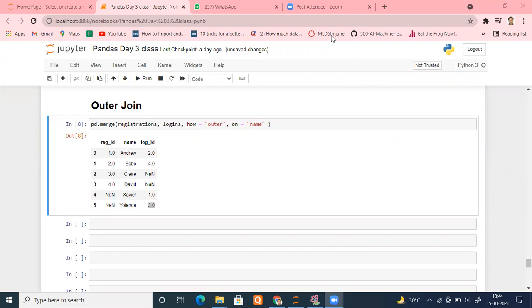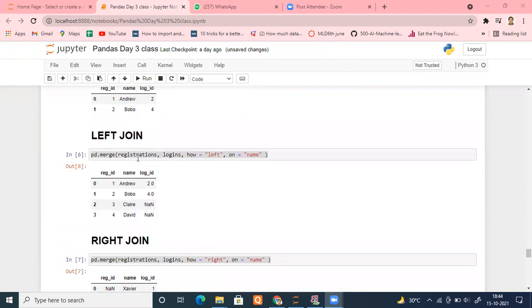For example, you want the data of 100%, you want the data of this table, left registration table. Then if you're using left join, put it on the left hand side. It is guaranteed that you will get all the entries corresponding to the left data frame for sure. And if you are using right join, then if you want all the entries of the registration table, this data frame should appear on the right side. So of course we can set up the priority, which we want to see, which we don't want to see. Accordingly place your data on the left hand side, on the right hand side. Is it fine?